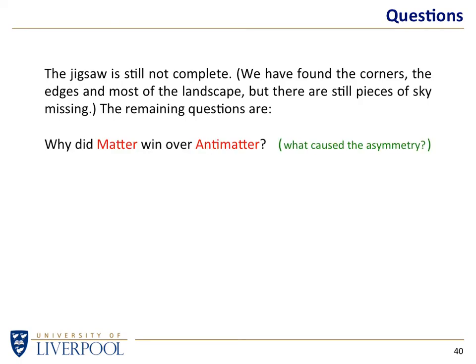Why did matter win over antimatter? As far as we can tell, it must have done, because we are here and we are matter, and there seems to be no antimatter apart from tiny amounts which we make in the lab or occur from radioactive decay. So at some point, it must have happened that matter got a foothold over antimatter, and we don't understand why, and we don't understand why it ended up as 1 part in a billion was the excess. We're happy that it was, because we wouldn't be here otherwise. What caused the asymmetry between the two? A lot of particle physicists are trying to understand that particular problem.